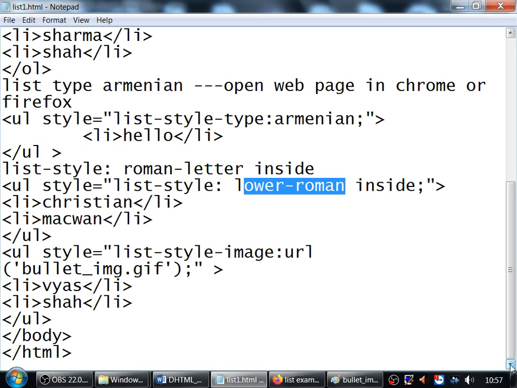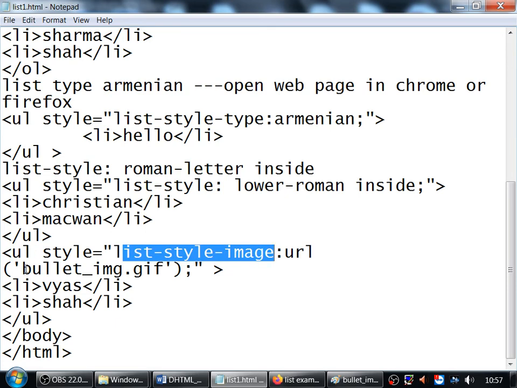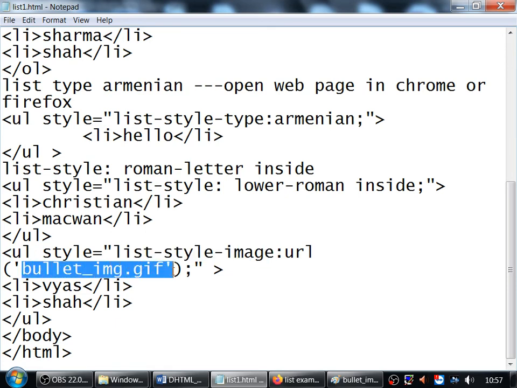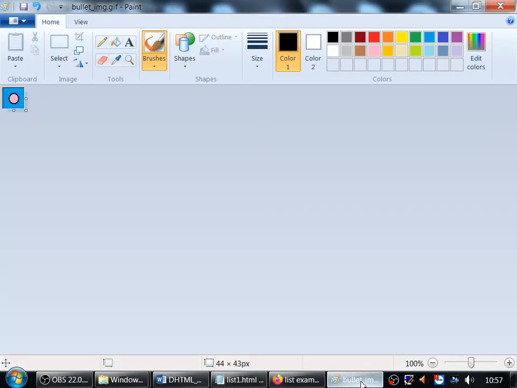And for the image, again an unordered list with list style image, right? The bullet underscore image. The image I have saved, since it was designed in Paint, as a GIF file. If it is a PNG file, use the PNG extension, not an issue.